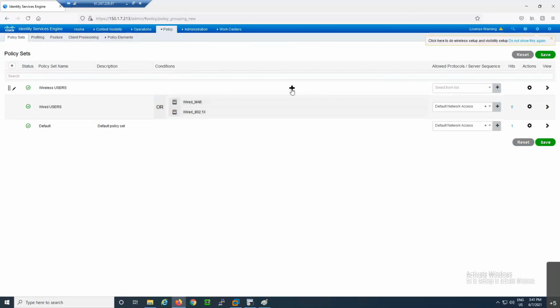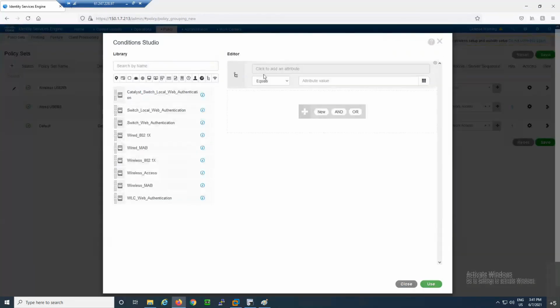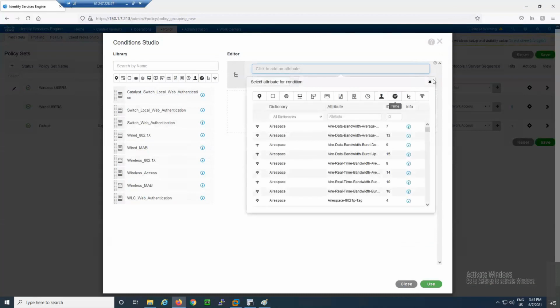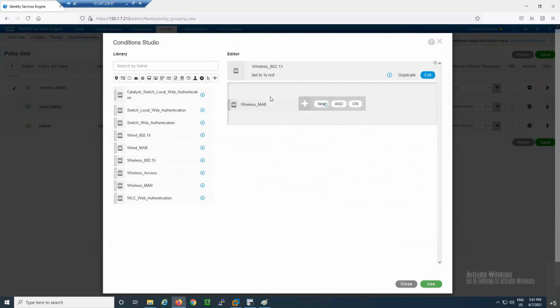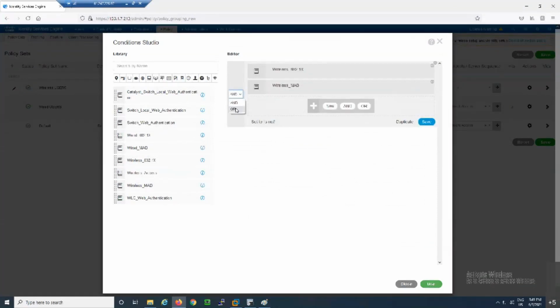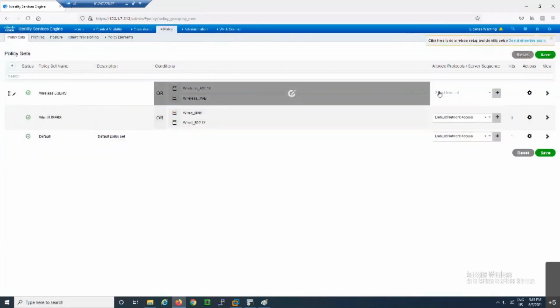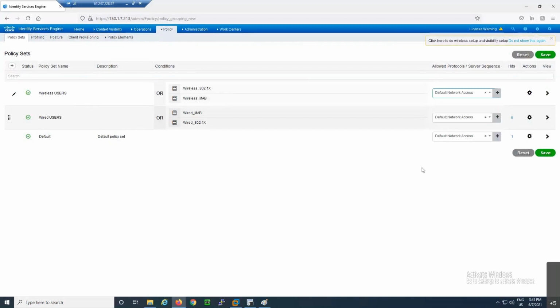Here I can define the condition. Okay. If the user is coming through wireless.1x or wireless MAB, the user can take any one of the methods. Okay, not both of them at the same time. Then authenticate using allowed protocols default network access. It is for wireless users, and save this.